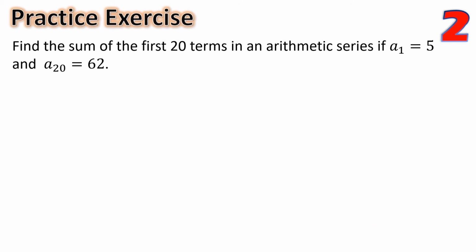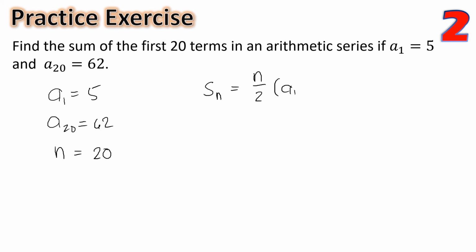Time is up. Let us check the answer. In here, a sub 1 is equal to 5. A sub 20 is equal to 62. And n is equal to 20. We will use S sub n is equal to n over 2 times the quantity a sub 1 plus a sub n. Substituting the values, we have sum of the first 20 terms, that is S sub 20 equal to